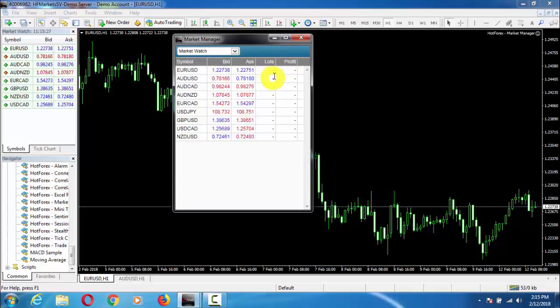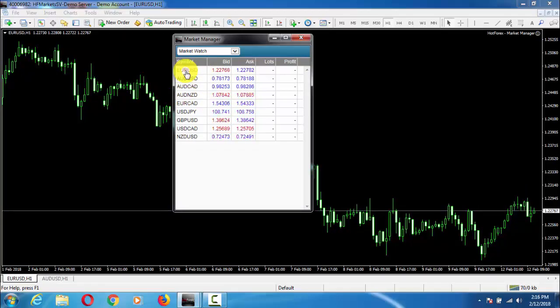If we have any open trade, then here we can see our lot size and profit also. Market Watch is always synchronized with the default Market Watch of our MT4. All the symbols which are present there will be shown here also.